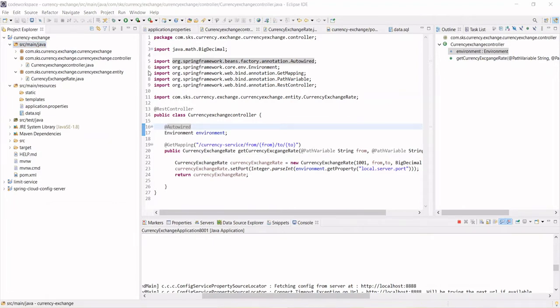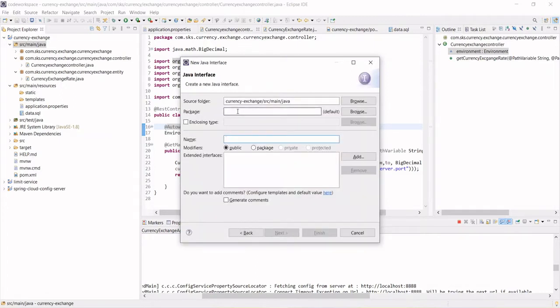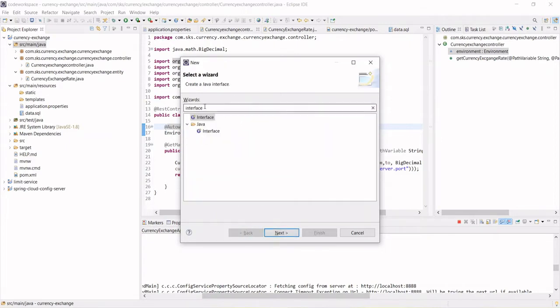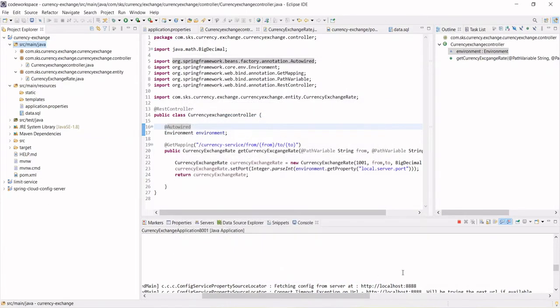So let's quickly create the JPA repository. Control N. Go to the class. It's not a class, basically it will be an interface. Go back and select class only, because it will give the exact package name where you want to create. Why is it not coming? Cancel. Sorry, I selected another place.